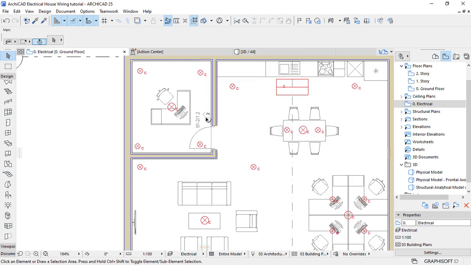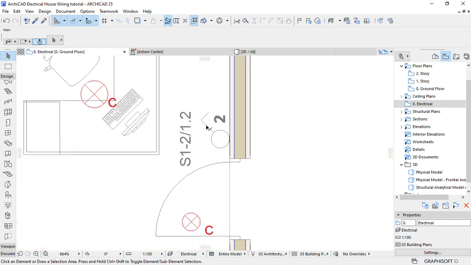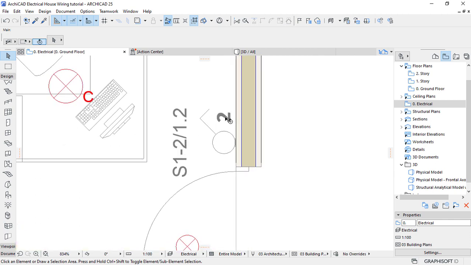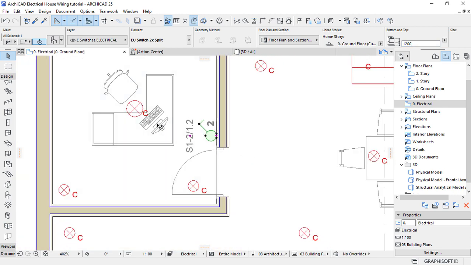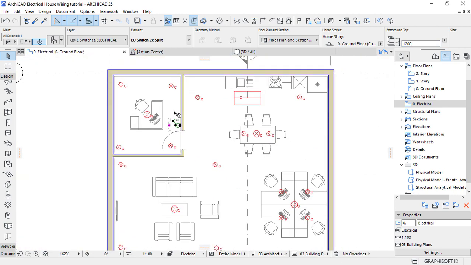Perfect. I'm happy with the switch. So what you see here represents how many switches we have for this component, and this represents the code and the height at which it's set. If you look here, it says 1.2, but we also need to set its offset height to 1.2 under the info box, like so. There we go. And then from here I can